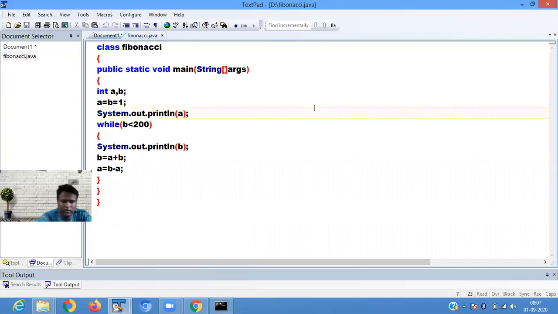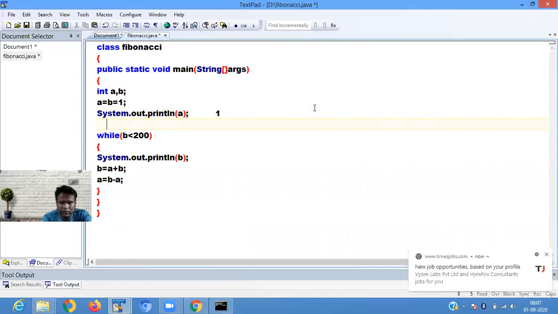So here we print a is 1, b is also 1. So a is 1, b is 1.